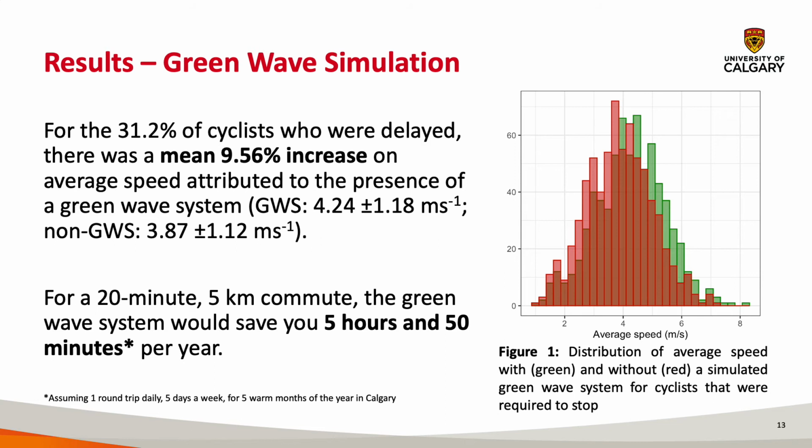Finally, we have our green wave speed simulation. Here, we saw a mean 9.56% increase to average speed attributed to our green wave system. Now to put things into perspective, for a hypothetical 20-minute, 5-kilometer commute, this 9.56% increase to average speed would save you nearly 6 hours of waiting at a red light per year, and that's only assuming you're cycling in the